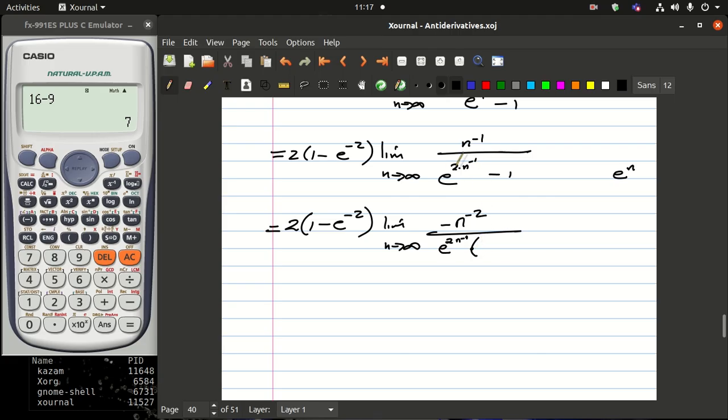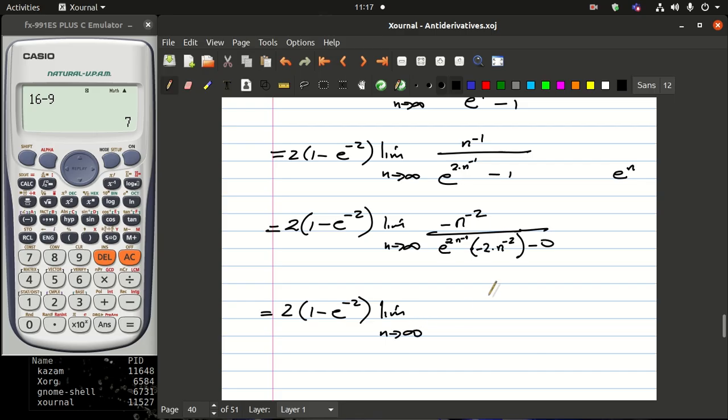What is the derivative of that? We take the exponent down, so it's going to be minus a 2 times n raised to the derivative of that. Of course, we know that is going to be a minus 2. What is the derivative of 1? It is going to be a minus 0, of course. So we are having 2, 1 minus e raised to minus a 2, and then we have the limit as